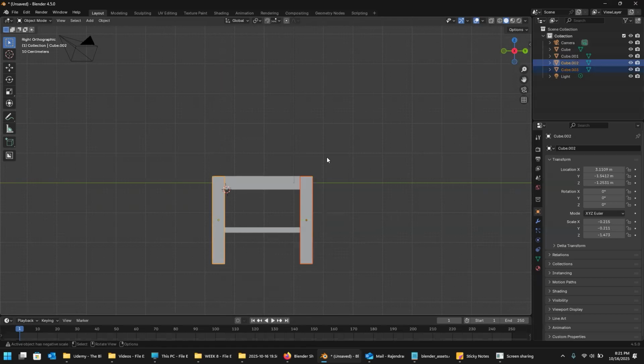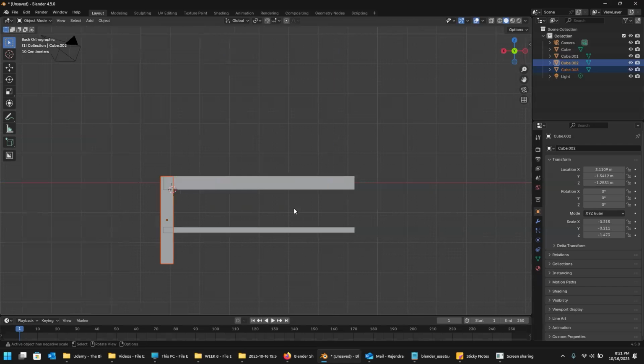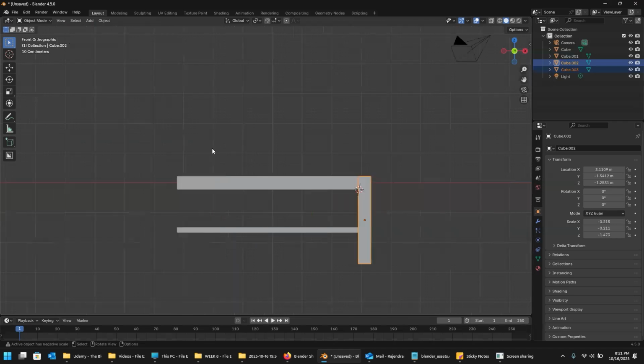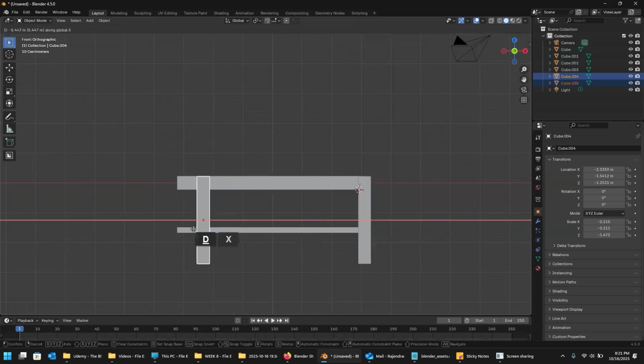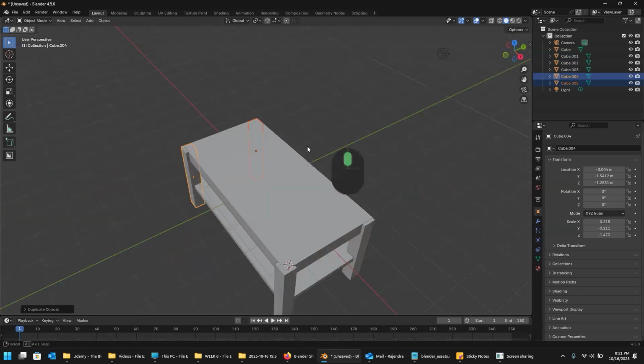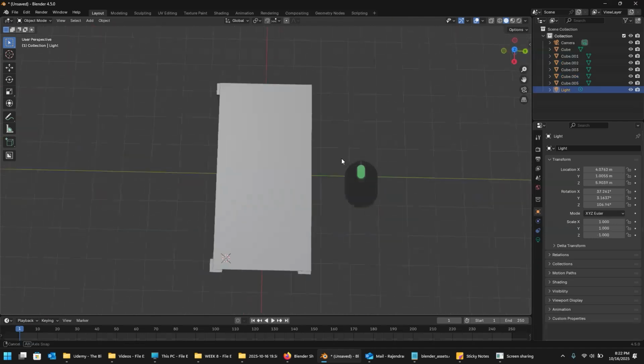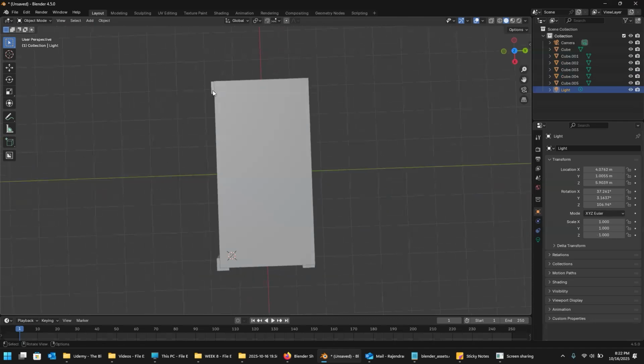Now I would like to switch to the front view. Okay, the back view is, if you switch there, that's a front view. Okay, yeah. Now I'm in the front view. I could see it here, the front. Now I would like to press Shift D, then X. That's it. I am able to duplicate both the legs now, and I'm moving them on the X axis. Now make a left click for confirmation. Great. Now middle click your mouse and move. So here is your table. Great. And if you'd like to adjust them, just select these 2 legs, then press, I'm sorry,